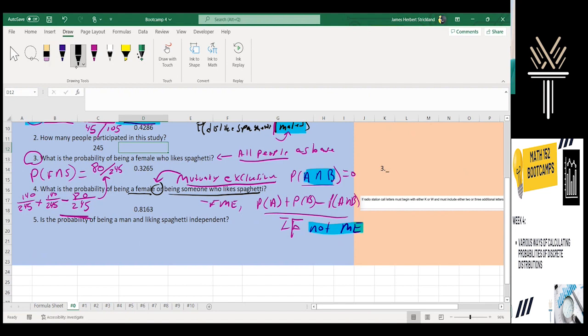Okay. Probability of being a man and liking spaghetti is independent. So this independent has two different ways of doing the calculation. I'm going to show you what I think is the easier way. Eventually, not today, I'll show you another way of calculating independence. And of course, you get to decide which one makes the most sense to you. The test